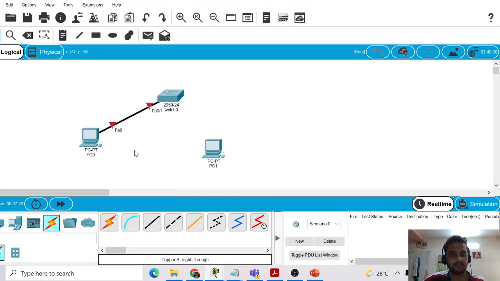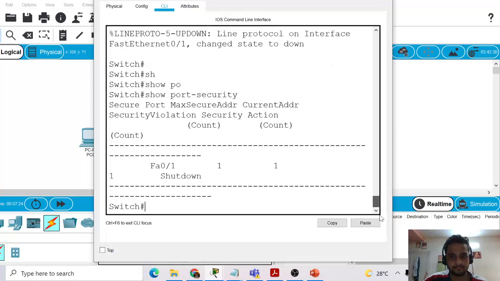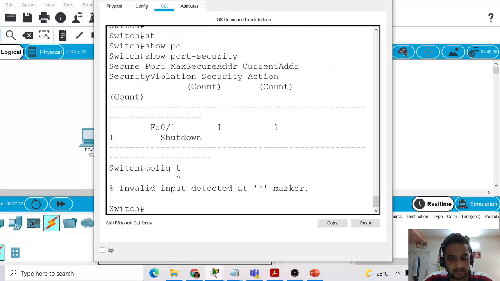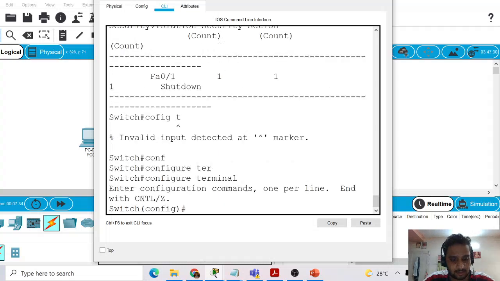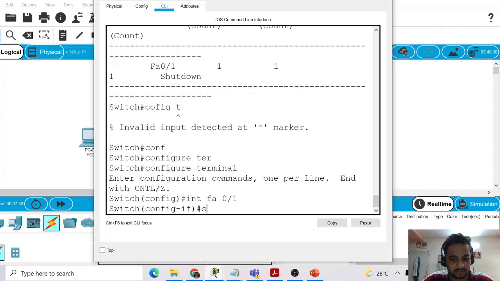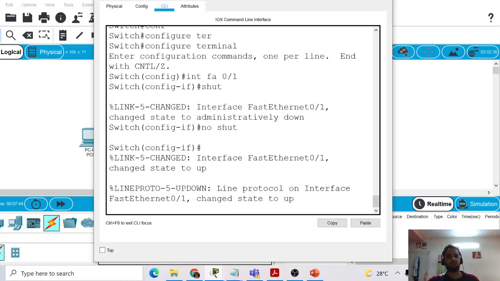It will still be down. So what we need to do is go to config mode, then go to 0/1, and forcefully shut it down: shut, then no shut.